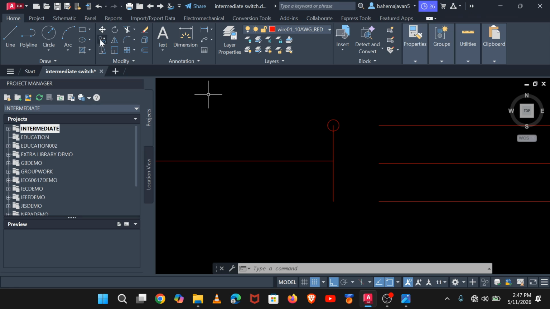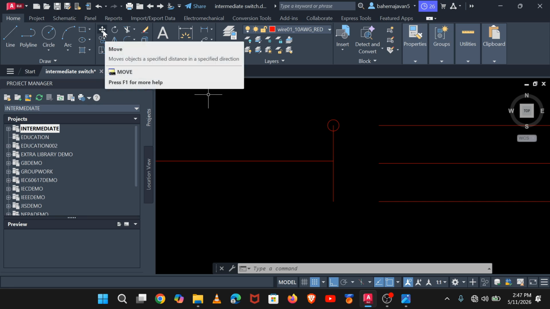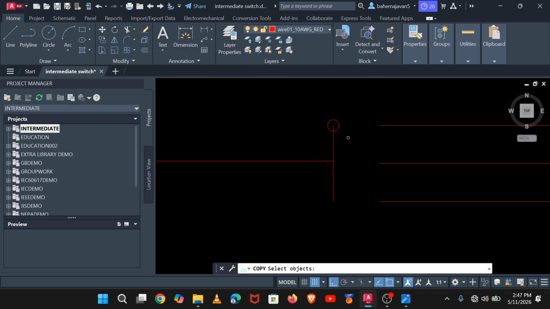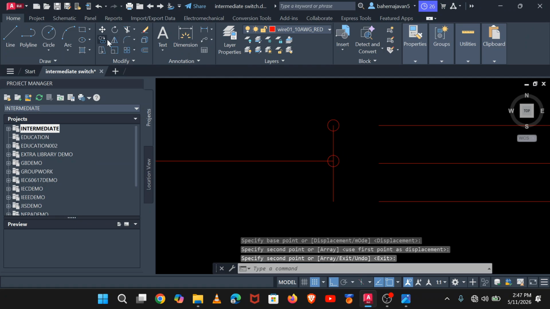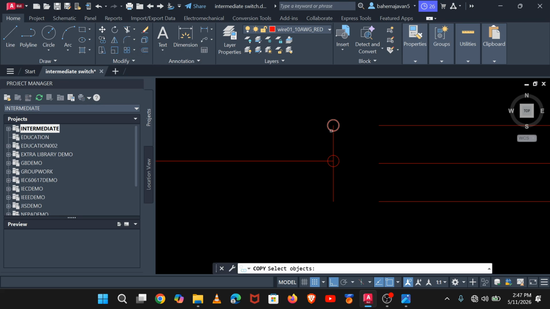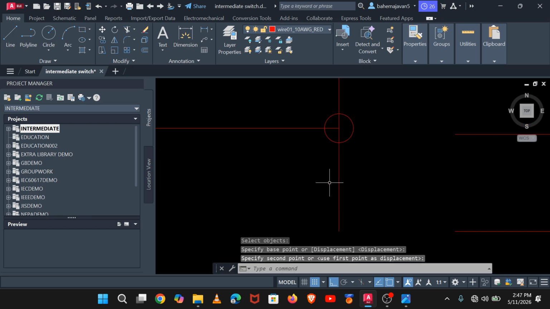Then first what you're gonna do is copy like this, and when you click enter, search for the center point so that they seem like they are in the center, and then you copy. You cannot even copy for it right now. You just need to move this tool, and then you move it to the end of this line like this,